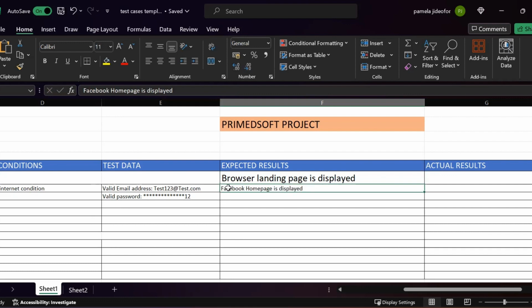But can you see this one? If you can, I can continue. I can see it. I don't know about Josh and Blessing. Okay, Blessing, can you see? Yeah, I can see it, the Facebook homepage is displayed. Good. So now,